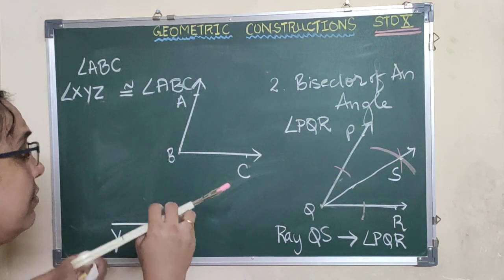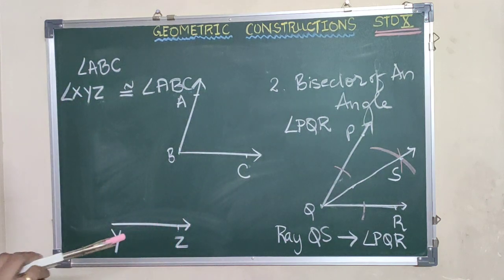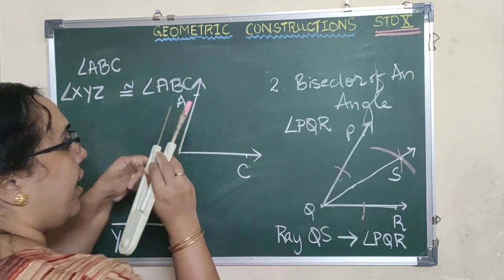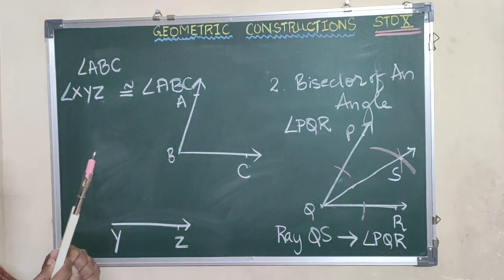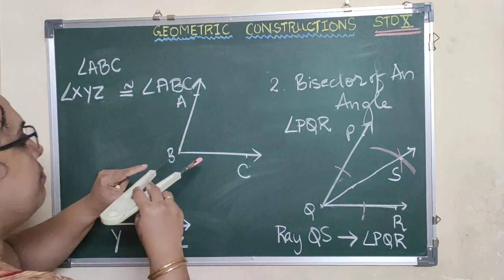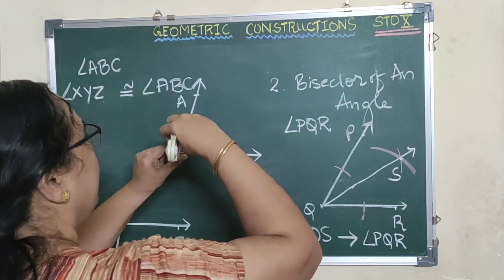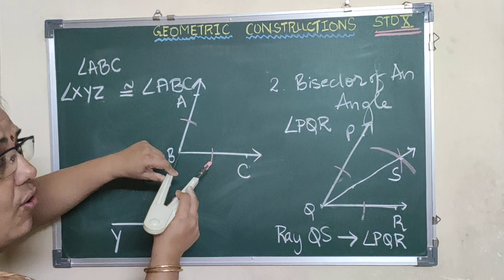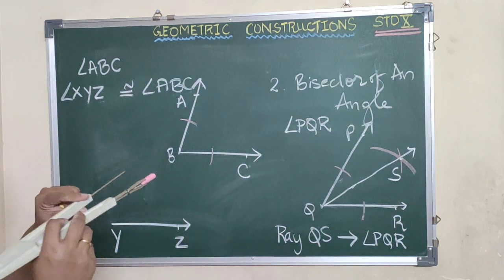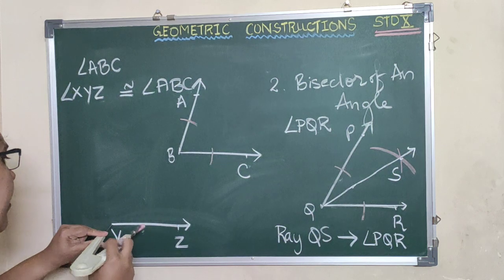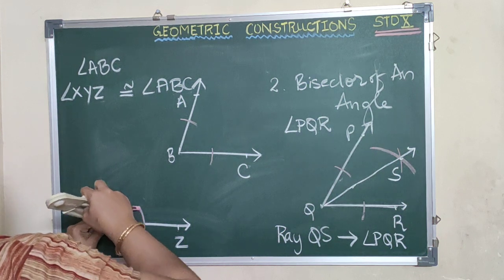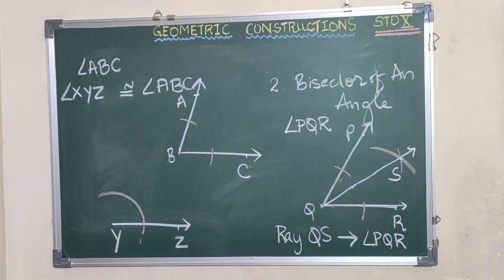So we take the compass, keep at point B, the vertex of the angle which we have drawn initially. Same way, take a suitable length in your compass, keep at point B, cut both the arms of the angle which you already have. Take this distance, go back and draw an arc touching YZ and just leave it to the other side. Okay, this distance is same here.